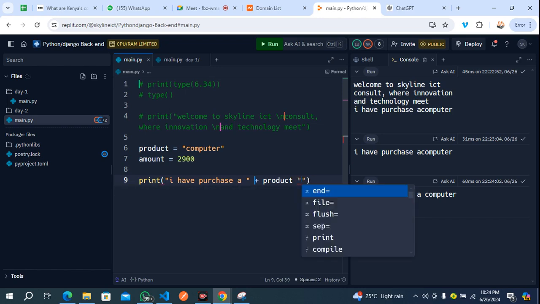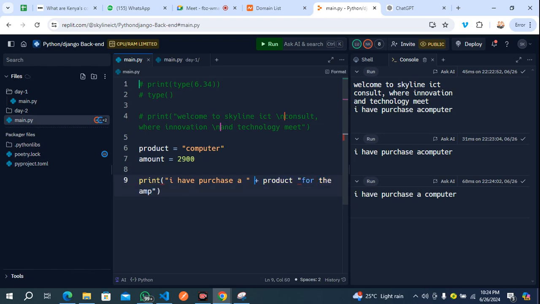Then let's also do the same thing. I also want to say I purchase for the amount of for just a token of.